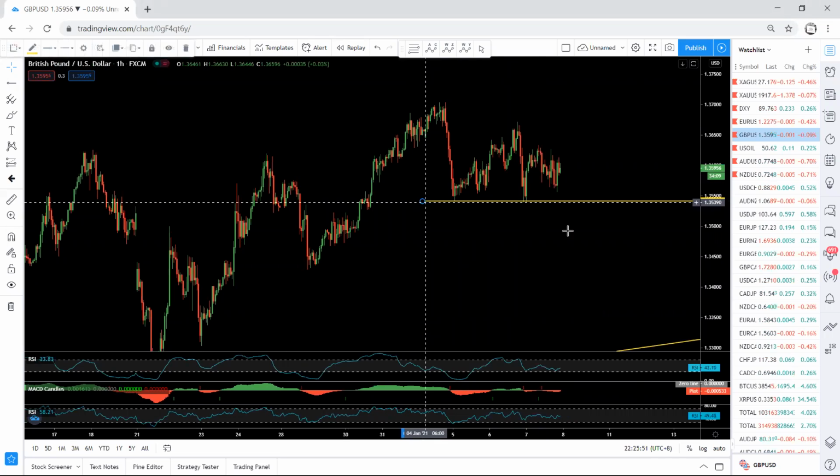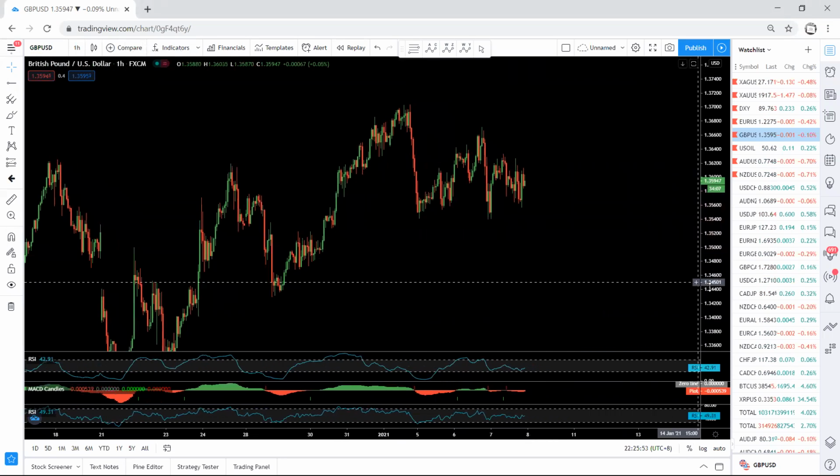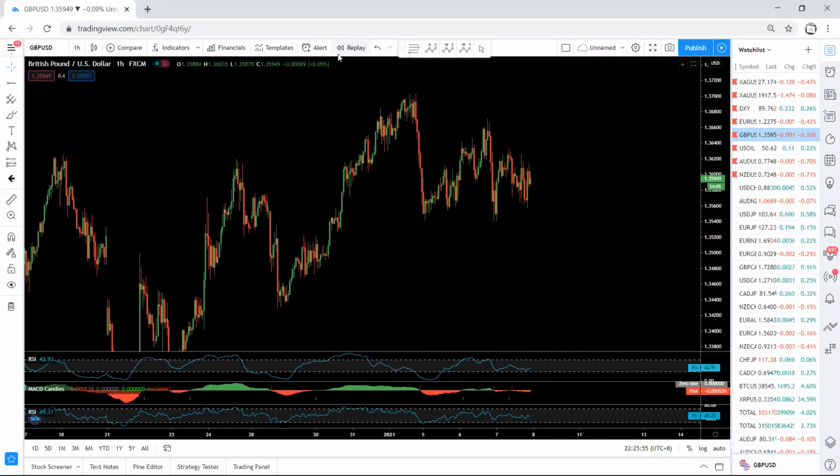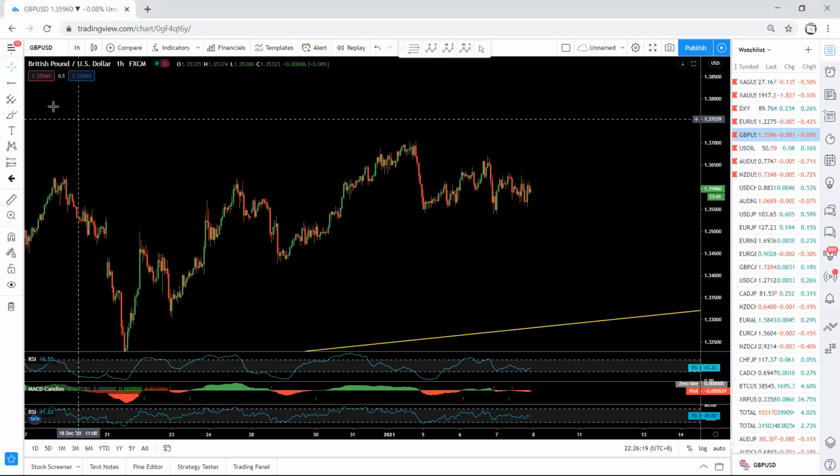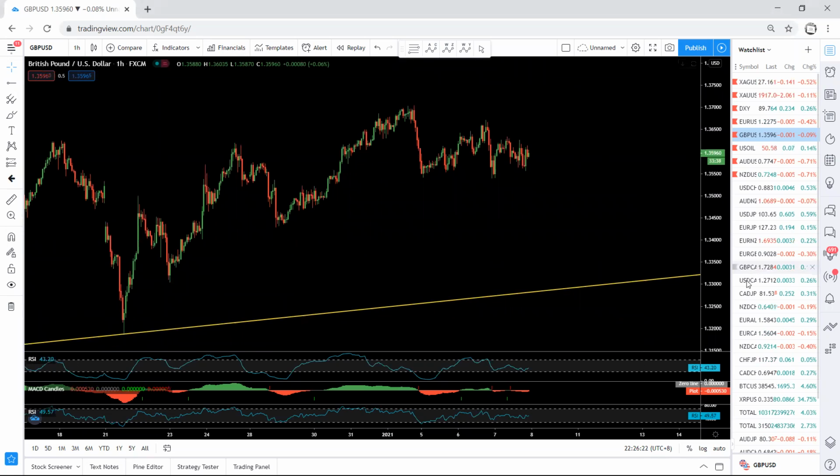Okay, now can we consider this one as a correction relative to this? That means can we expect the next move up? Okay, in that case we need to trade the breakout of this. It depends on the traders whether they want to trade for this or not, but for me I won't trade it. Okay, and what I prefer, if I want to look for buy, if the price drops,